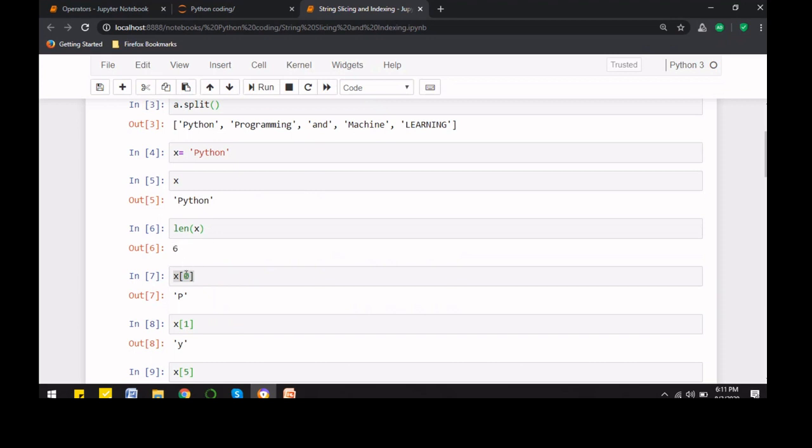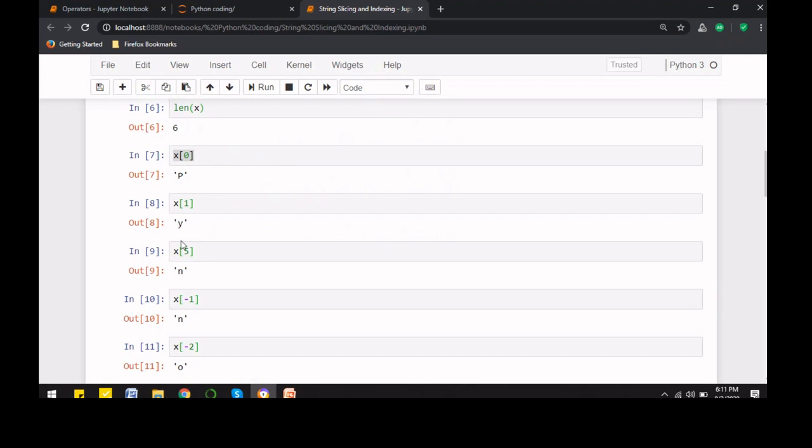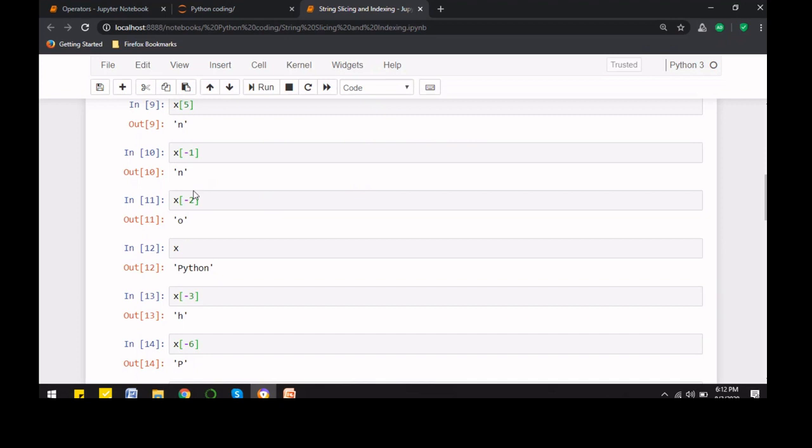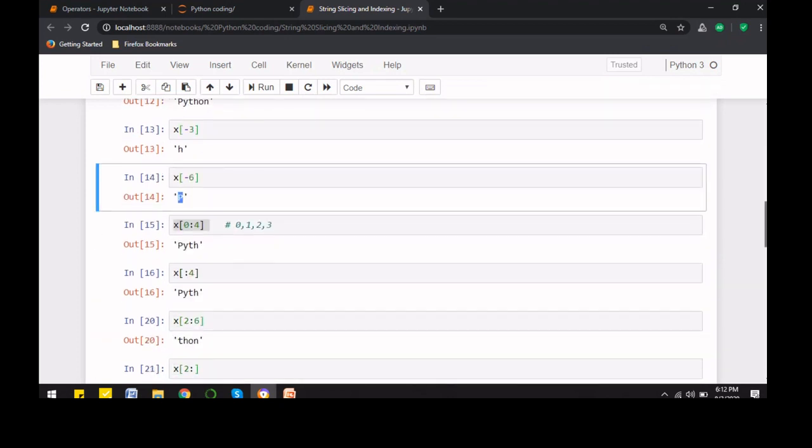Then I found out the length, and then I tried to access the different locations 0, 1, and then the last location can also be written as size minus 1, or you can also write it as minus 1. Similarly, if I want to access the second last location, then I will write minus 2, and similarly I can write minus 3. And if I write minus 6, or you can say minus length of the string, that will give us the first index, right?